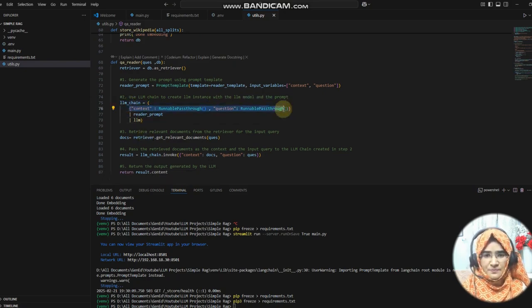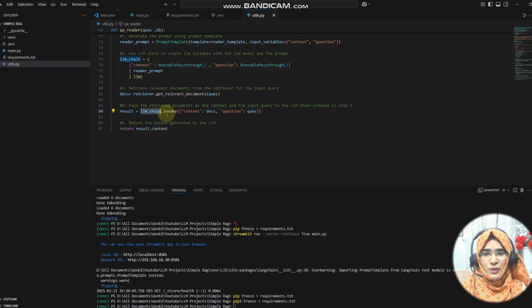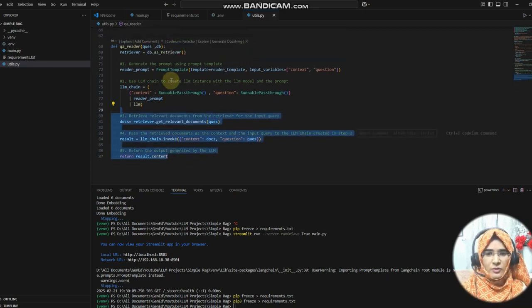And this we are defining first: you will have the two inputs. You need to pass these two inputs into the prompt, and that prompt you have to pass into the LLM. So this is the sequence we are creating through the chain. Okay, and then afterwards we are invoking the chain, and we are saying that you need to take the relevant document for which the particular question is asked, and you need to pass the question also, and we are getting the result. So this is the whole thing about the RAG.